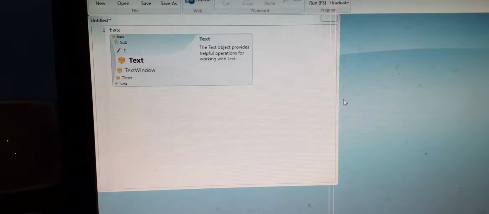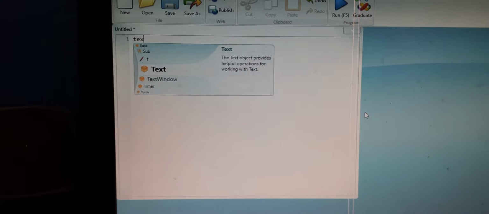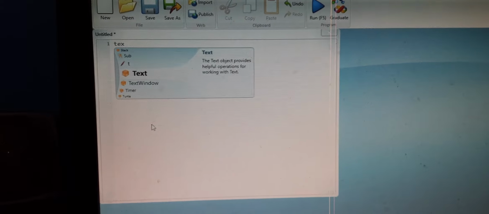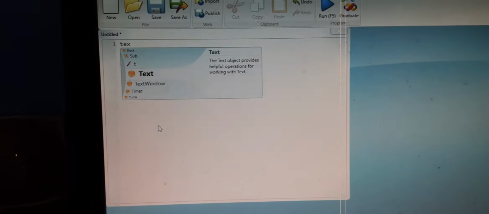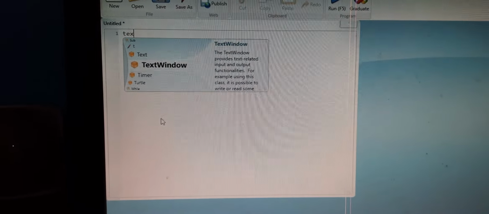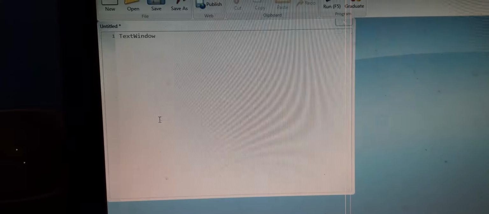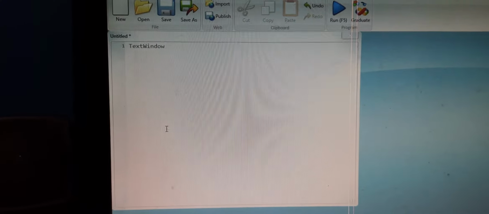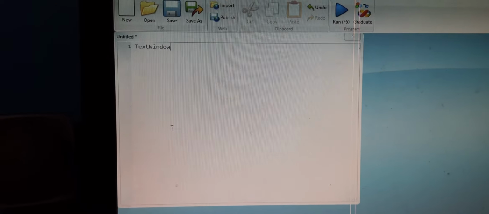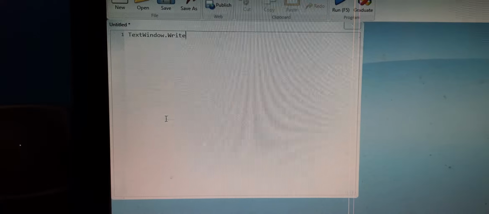Okay, now see, another important thing is there. As soon as you start writing in Small Basic, the writing is very easy because they provide us this type of suggestion. No need to complete the writing also. After writing a few letters, you can see this type of suggestion will be there, and using the keyboard you can just click on the enter key after choosing the correct option. TextWindow, I told you the TextWindow is an object that lets us write something. Okay, in the output screen, whatever we want to write, for that we need to write TextWindow.Write. Look here, the suggestions are coming, so easily we can write.